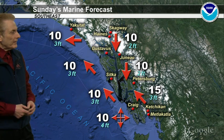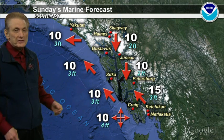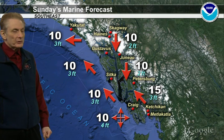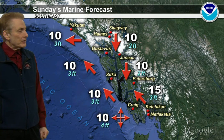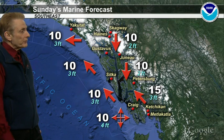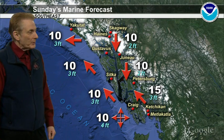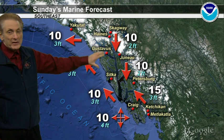Welcome back. We'll look at light winds to no wind on the south coast, really light southeast breeze on up the coastline, turning a little more easterly. Really variable at 10 here, forecast for the entire southeast coast here, with the seas only 3 to 4 feet. Light winds over the interior or inside waters as well, north 10 knots from Stevens Passage up to Northern Lynn